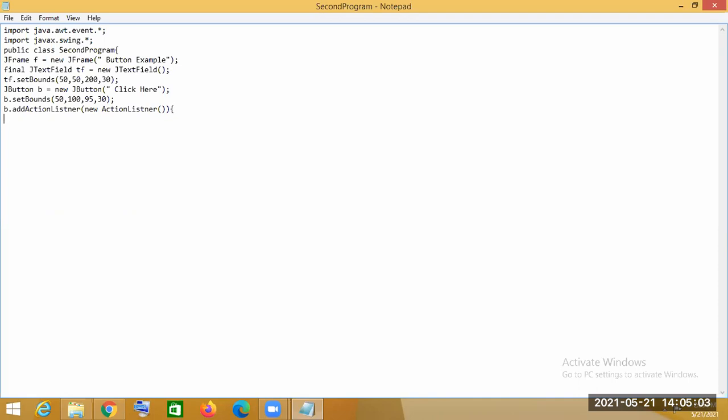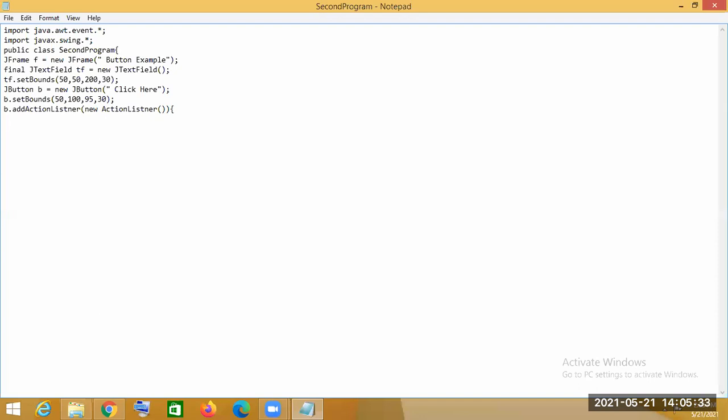We know that ActionListener is an interface, and inside this action listener there is an abstract method present. This method is public void actionPerformed, with an ActionEvent class object as a parameter.